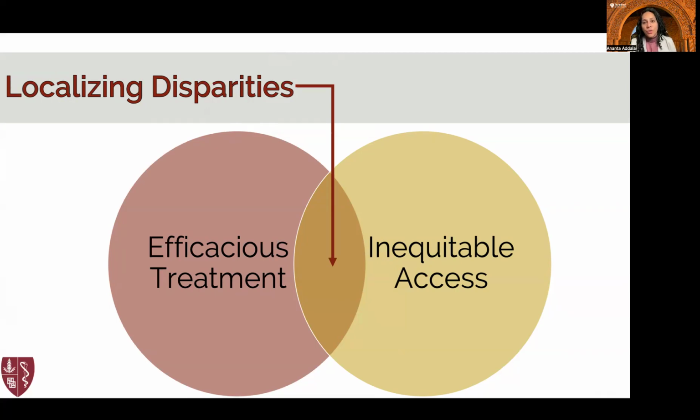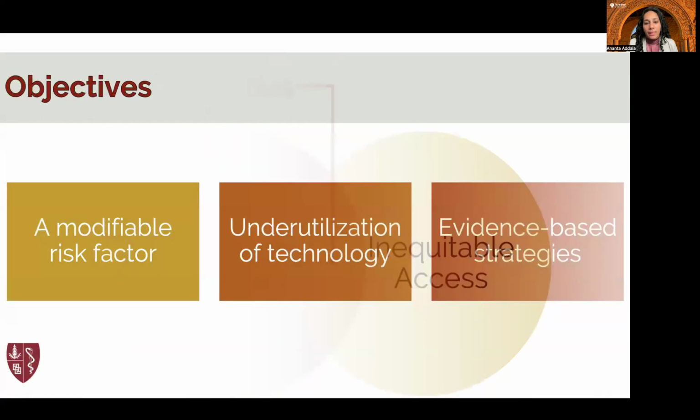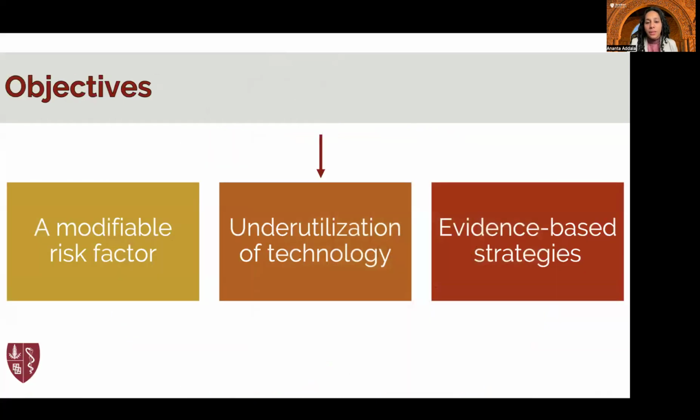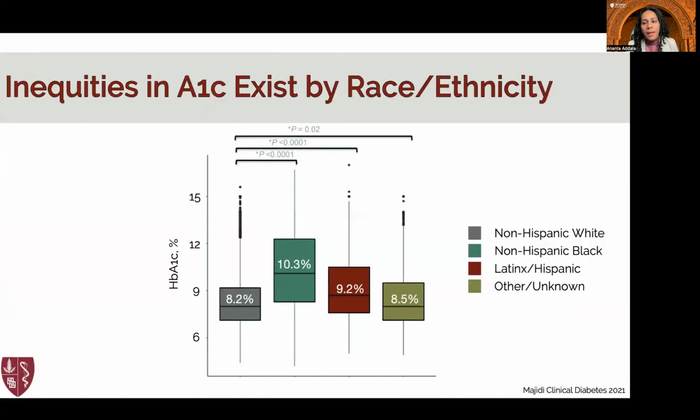The benefits are so overarching that it's really important that we don't lose sight of this. And the inequitable access is what I'll outline here. And I'll really focus on this underutilization of technology. And the first component of how this emerges is that you have this disparity in hemoglobin A1C in the United